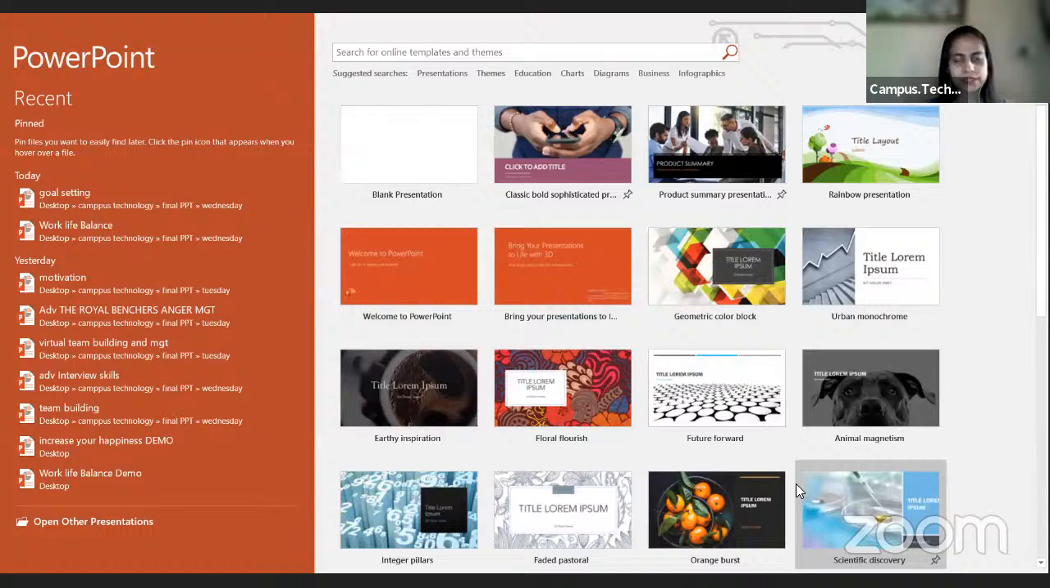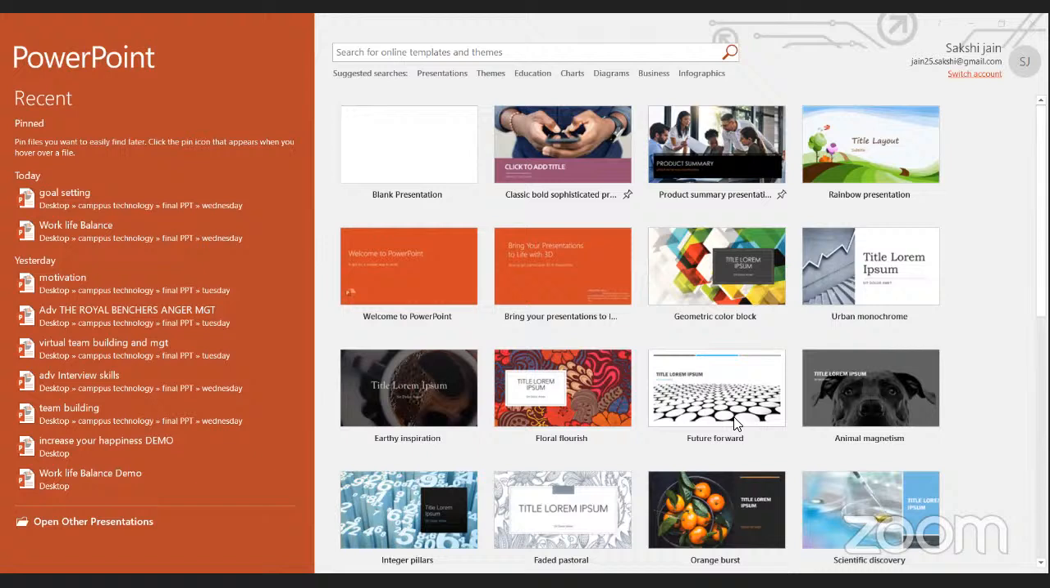Let me just share my screen. Okay, so it works in the same way as the other things were working. Like in MS Word, what did we do? We started with opening the document, same way. PowerPoint also, we'll search PowerPoint, click on PowerPoint and we will get this window. Now here in this window, we will get many different templates and themes which we can use to make our